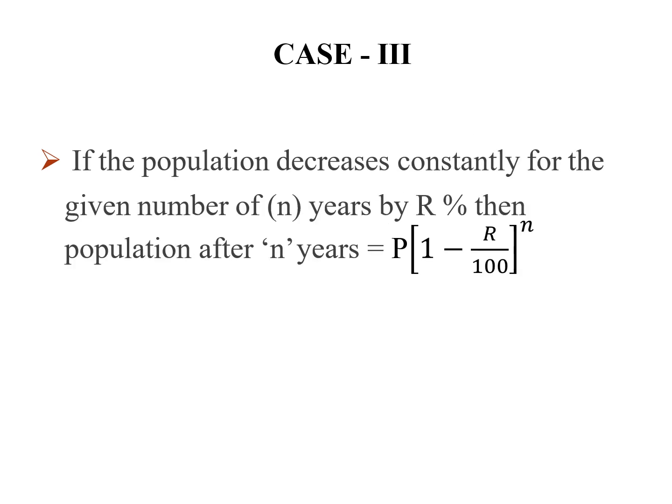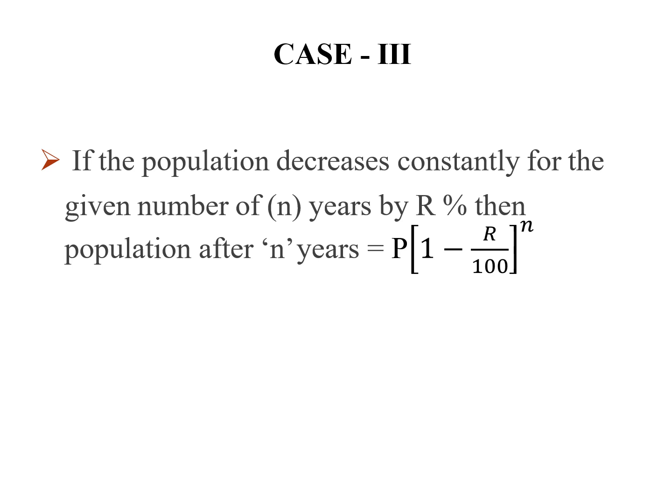Now the last one is case 3. Here the situation is opposite. Instead of growth, the population is decreasing constantly. For example, due to migration or other reasons, if the population decreases by R percentage every year for n years,